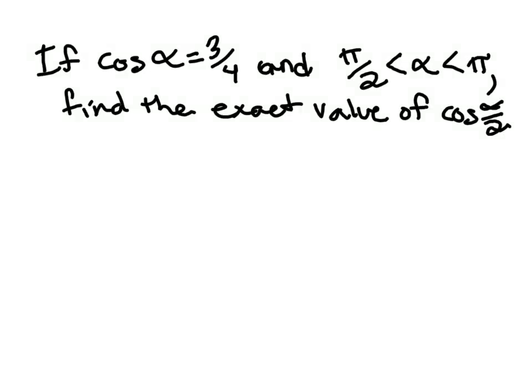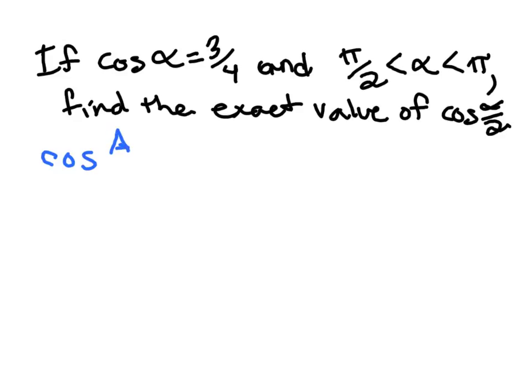Here's an example of a homework problem where you're asked to use the half-angle formula to find a value of cosine, in this case, for a half angle. So we're given that cosine of alpha is equal to 3/4, and asked to find the exact value of cosine of alpha over 2. In this problem, you're definitely going to need the half-angle formula for cosine, which says that